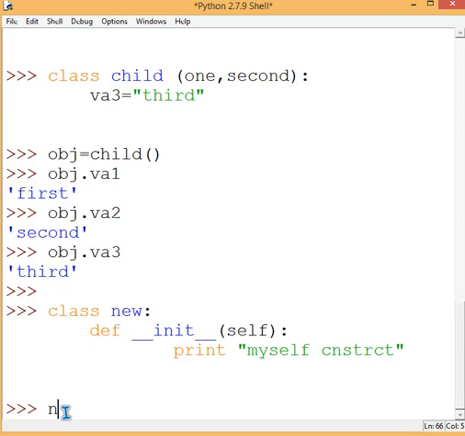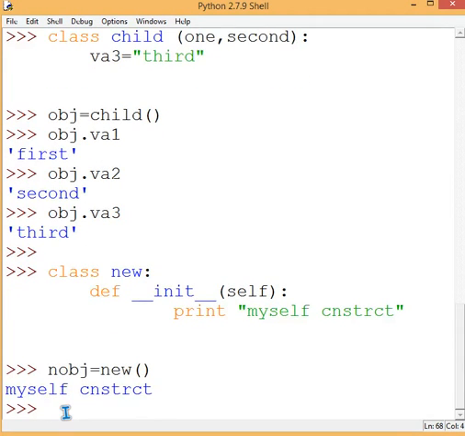Make a new object, nobj, equal to new. See, I have not called anything, but just by making an object, this print is automatically executed. This line is automatically run because the constructor is called whenever you make an instance of a class, that is, you create an object.